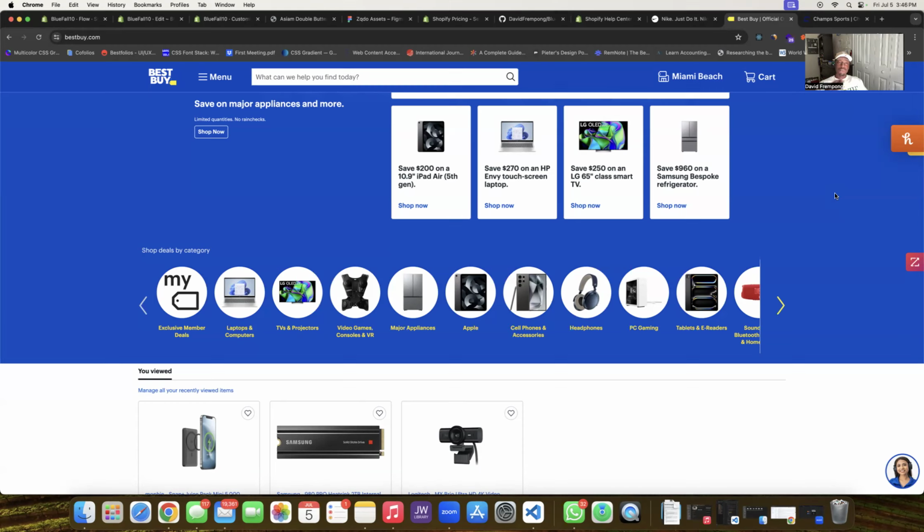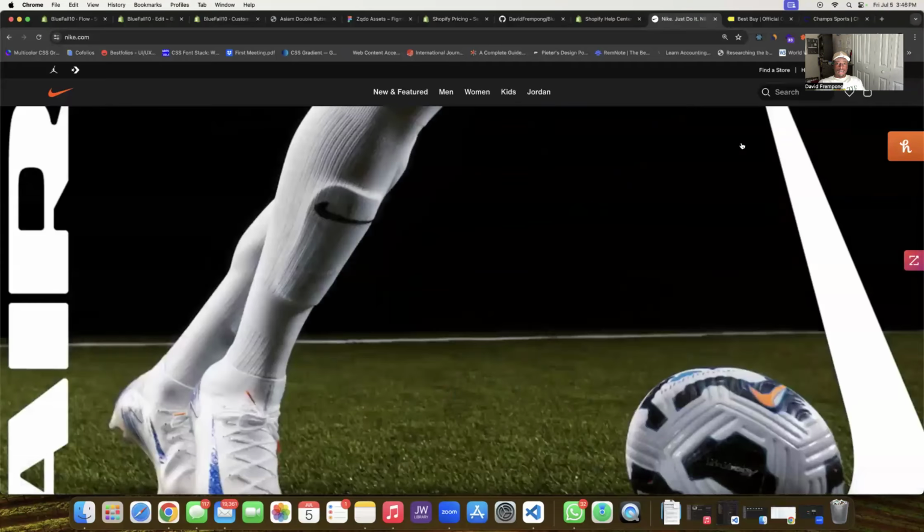I'm working with a client and we're brainstorming ways on how they can display their collections. And so there's a lot of cool ideas out there. I wanted to share some with you so that you have some ideas that you could use for your website. So first, we're going to look at Nike's website, and you're going to see